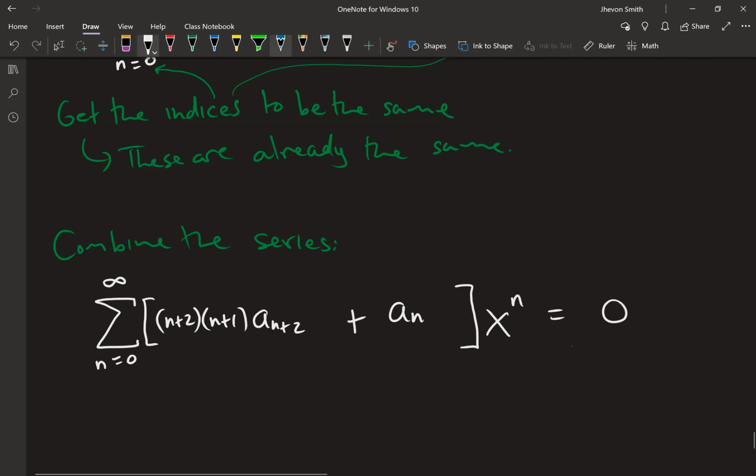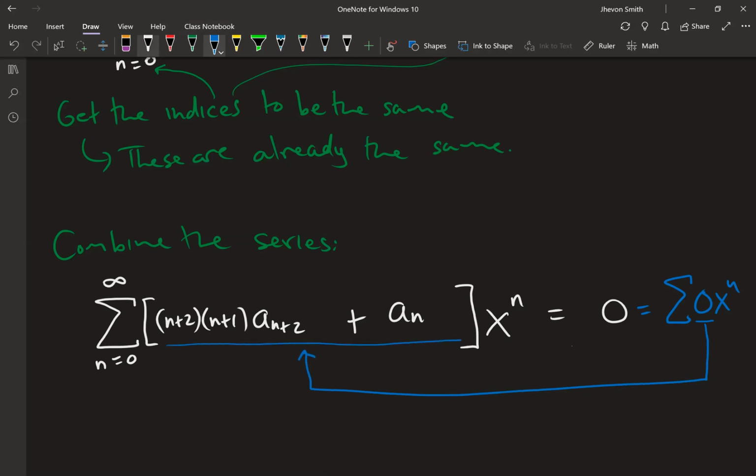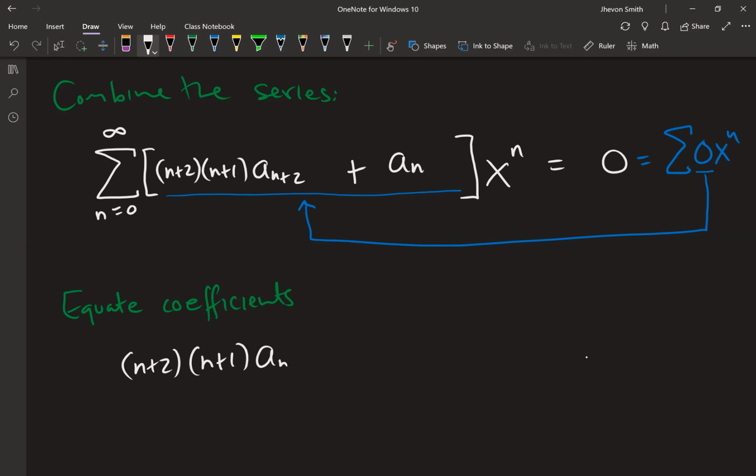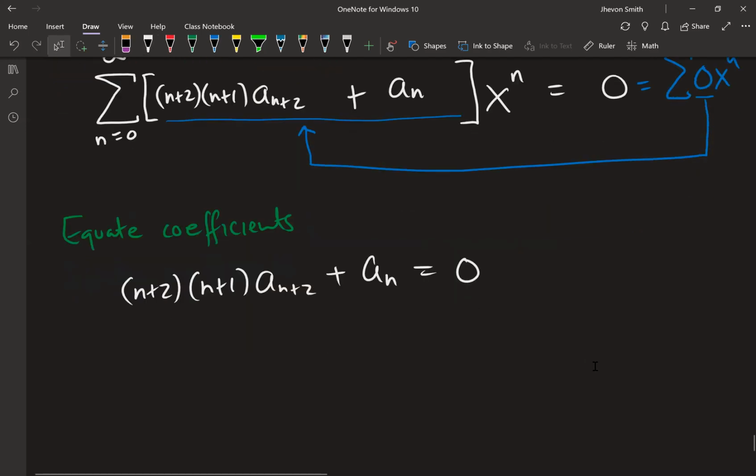Now what we're going to do is, again, remember, this side I can think of as that power series. So now what I can do is I can match these guys up. The 0 here must be equal to the 0 here. So that leads us to the next situation. Equate coefficients. This means that your n plus 2 times n plus 1, a n plus 2 plus a n must be equal to 0. This guy is called